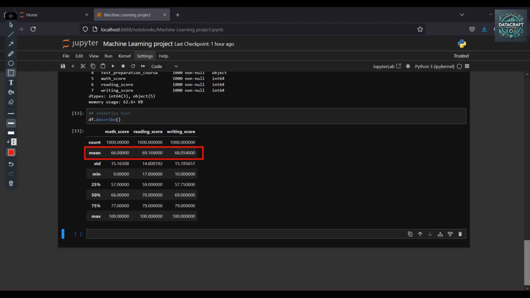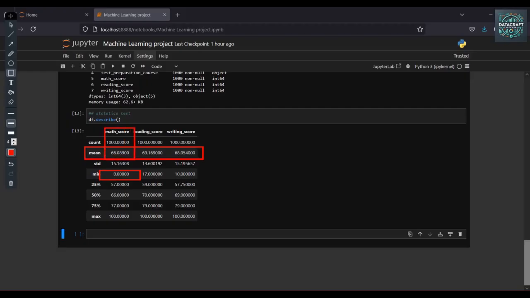The standard deviations are also similar to each other, where the minimum value is 14.60 and the maximum is 15.19. The only difference is with respect to the minimum values: the minimum math score is 0, the reading score is 17, and the writing score is 10.